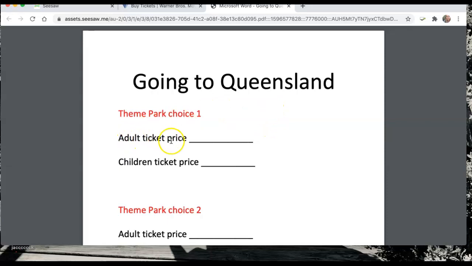And if I was the only adult going on this holiday, you might only have one adult that lives with you at home. Well, you only need to pay $99. But if you have 2 adults or 3 adults that live with you in your house, or maybe 3 adults that you would like to take with you, you're going to have to either times 99 by 3, or you're going to have to add it together 3 times. Now that's very close to 100, so think about what strategies you could use to add 99 plus 99 plus